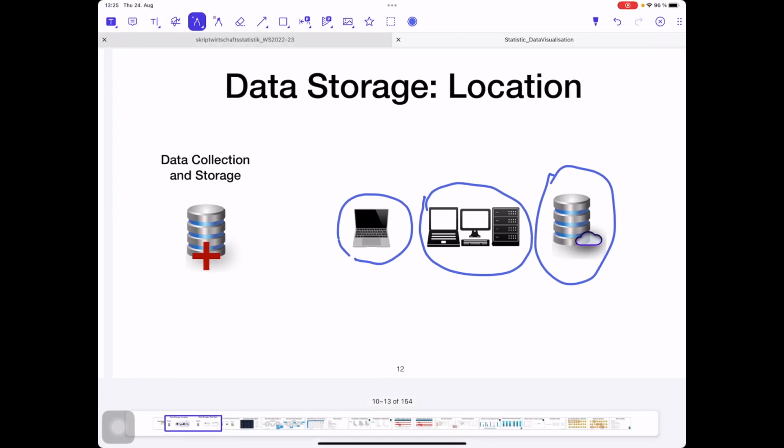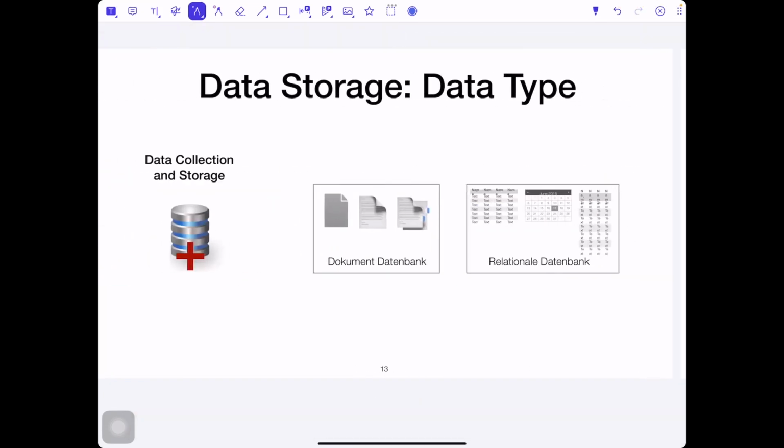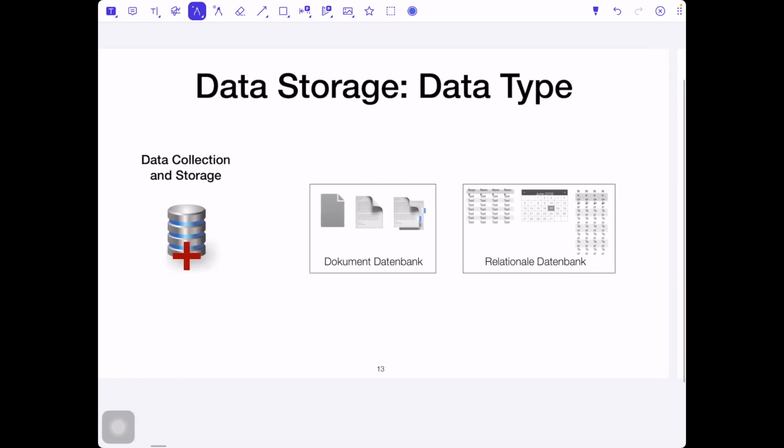Okay, so the next point we need to know about data storage is that different types of data require different storage solutions.